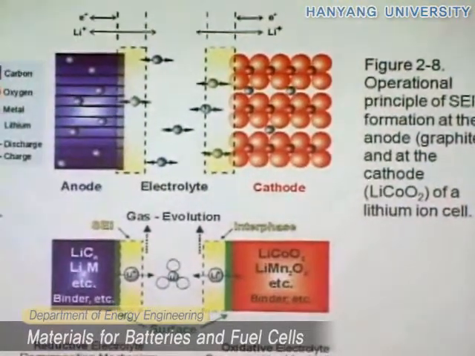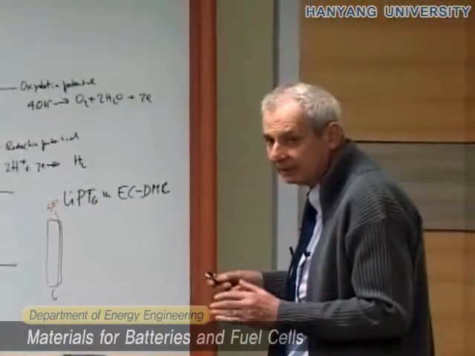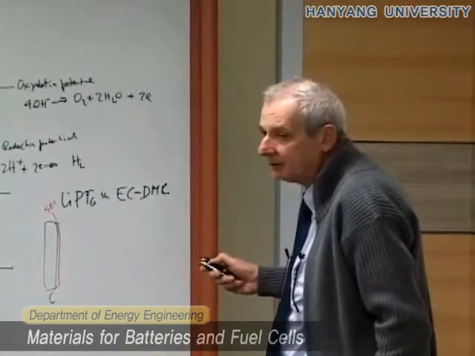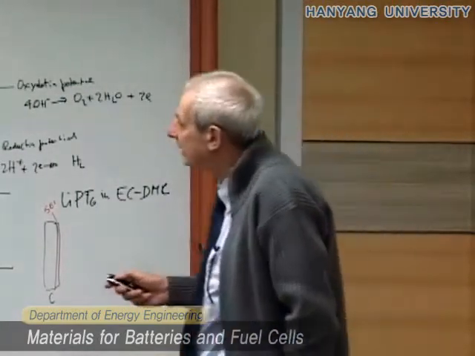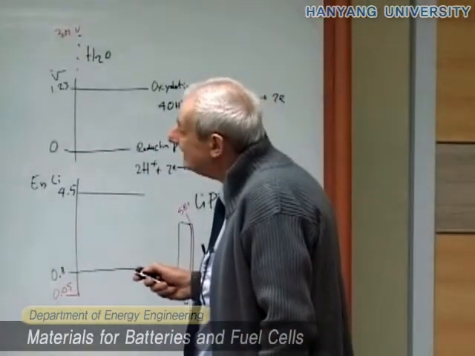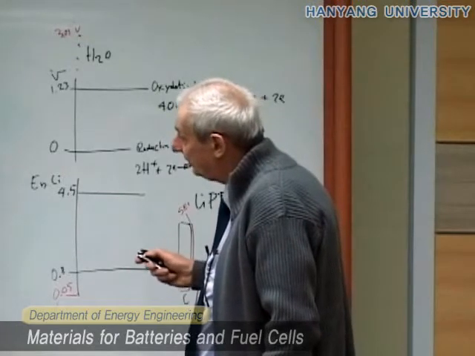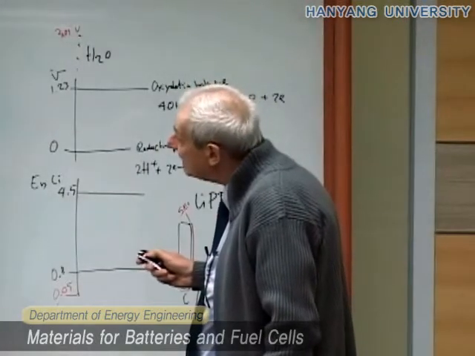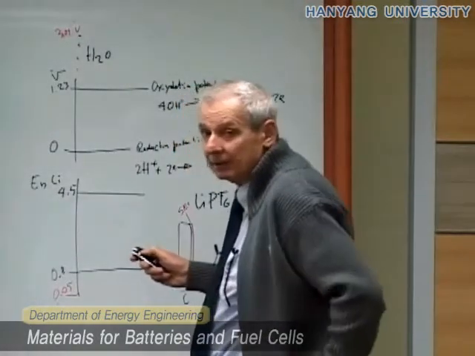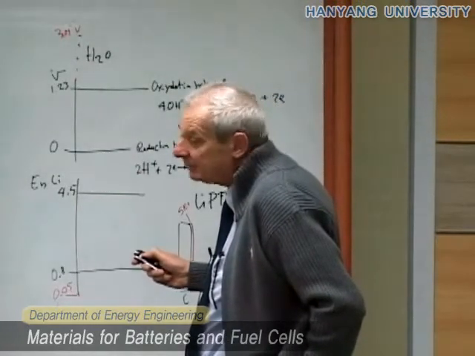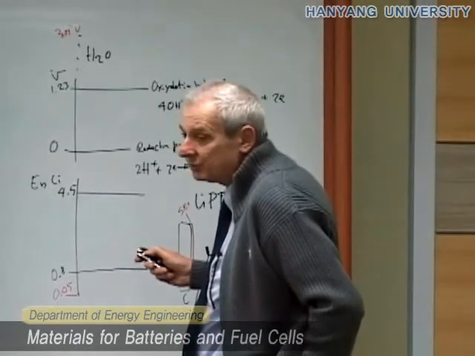So the producer of the battery has to be sure that this gas is eliminated before sealing the cell. So this formation of the solid electrolyte interface is a very complicated and very critical effect. You can understand that this film protects the battery and the battery can then be used several times. However, if for some accidental reason the film is broken, it may happen, then there will be immediately some reaction with the electrolyte because we